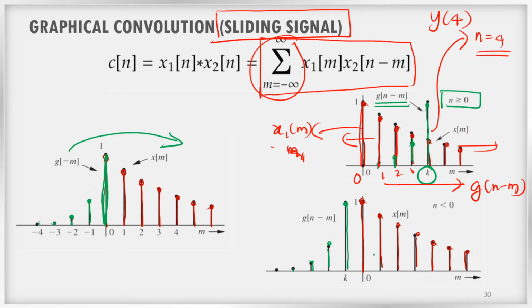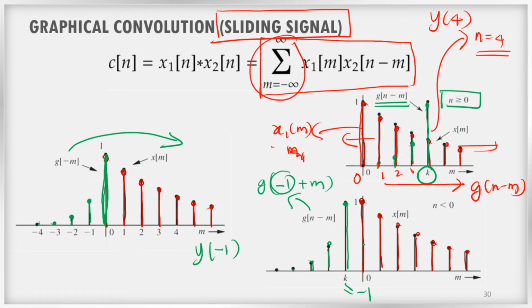If I multiply each other, what happens? I will get some value, and I have to add all of that together. So I will get y of minus 1. Actually this k is equal to minus 1, right? So where is the position of g of n minus 1? Actually this is minus 1, right? G of minus 1 plus m, right? So because of that reason, for y of minus 1 I will get some value.